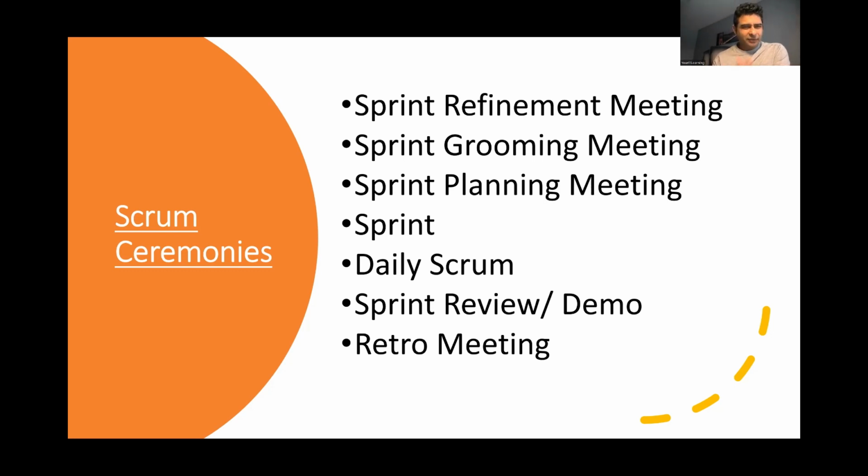The last and final meeting is the retro meeting. This is basically a review meeting of your entire team to understand what went well and what didn't go well. So you talk about what we should start doing, like do we have to improve something, what we should keep doing, something you started that is going great so you should keep doing, and what you should stop doing. So let me give you an example.